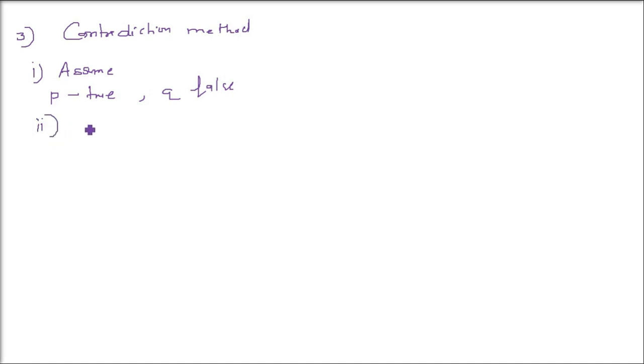We will contradict it in this step 2. We will contradict the first step. We will find some error in what we assumed in the first step. P is true and Q is false. So let us assume P is true. So we assume X and Y are odd integers. As I said for the first method, the direct method, I told you that this contradiction also will work by that only. Means the solution we gave is also the solution of this one.